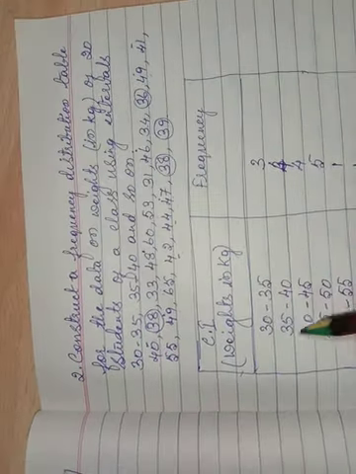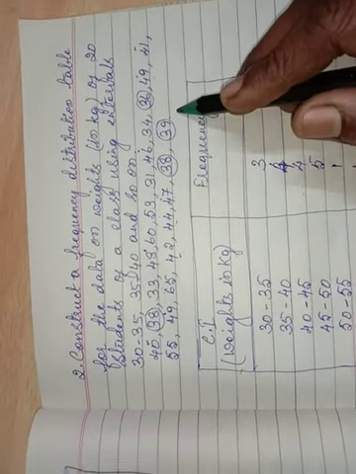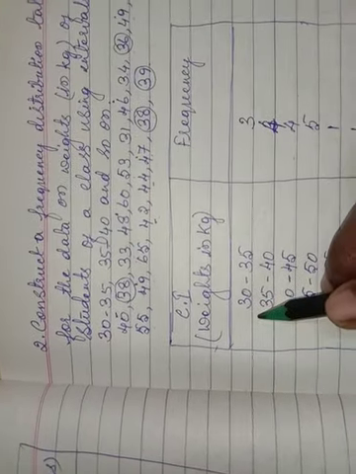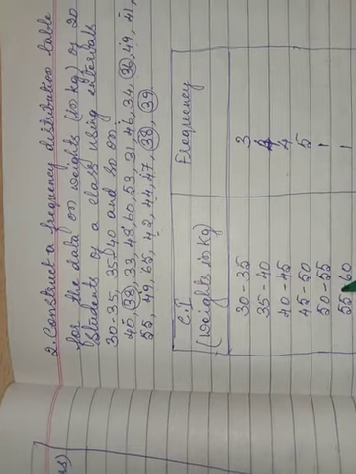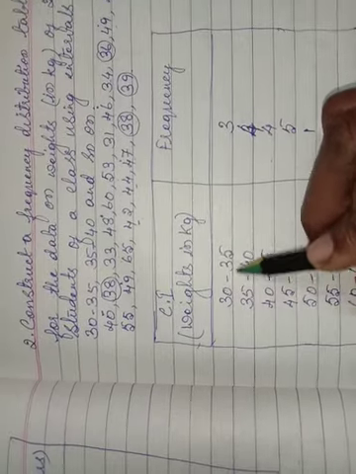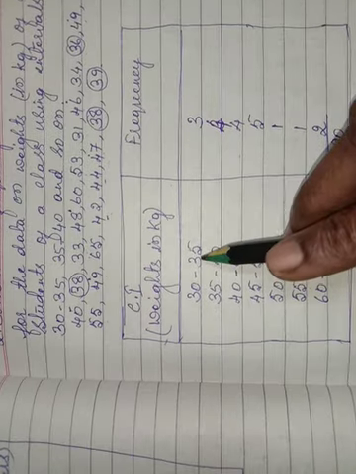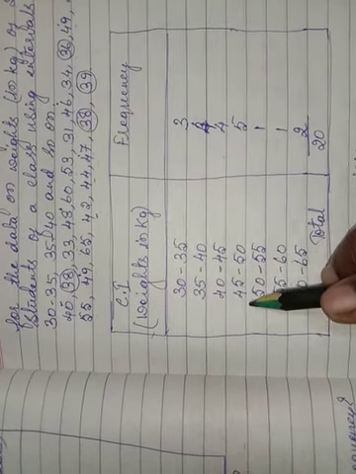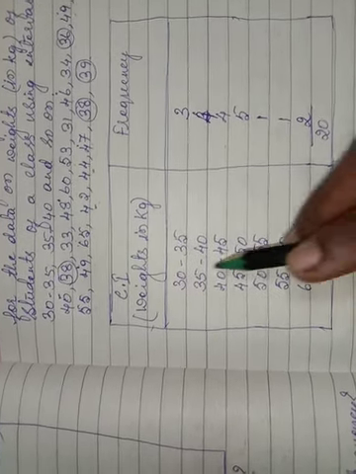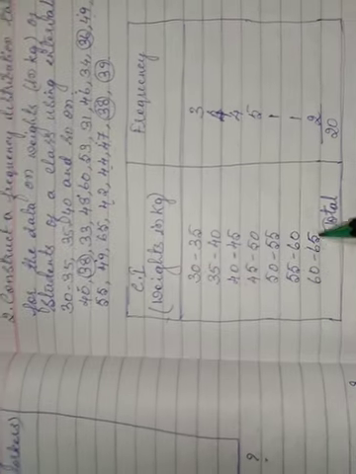See here the least number is what? That we have to find out here. So the least number starts from 31 I think. So we can start from 30 to 35. Why we started from 30 to 35? The size of the class interval should be the same. The size should remain the same for all the classes. See here 30 to 35, 35 to 40, 40 to 45, yes or no? See here 35 minus 30 is how much? 5. 50 minus 45 is how much? 5. So like that the size should remain the same. So therefore we have taken 30 to 35, 35 to 40, like that, till 60 to 65, since the last number is 65.